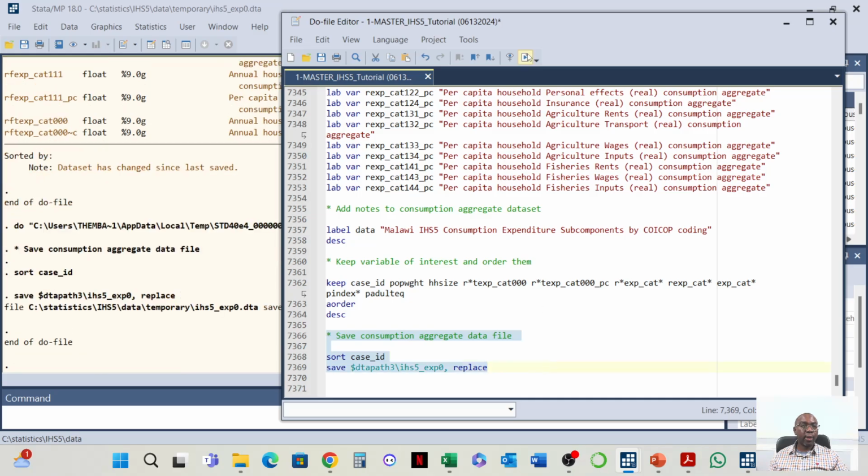Okay, so run that, and then we've saved our data file. So next we're going to generate the 14 consumption aggregates that we can further use to compute the poverty line, and then come up with a poverty measure that we can also